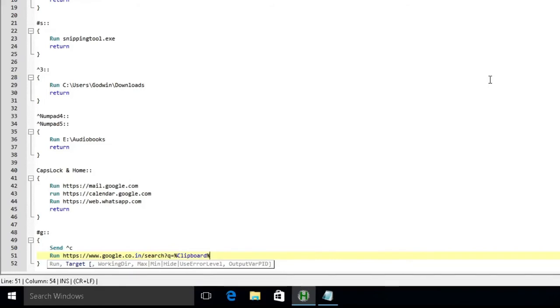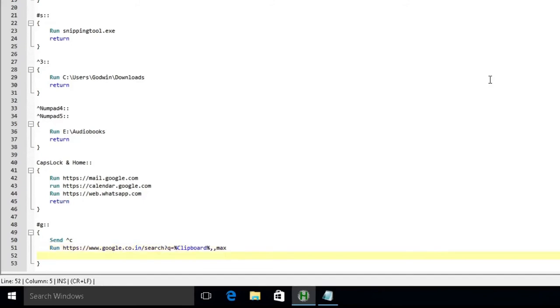The clipboard global variable stores whatever you have copied using the Control C copy command, which we have done in the previous command. So this variable stores whatever you have copied, and it will put it inside the Google search URL, so it searches for you. And after the clipboard variable, which is enclosed by the percentage symbols, we'll put a comma, another comma, and max. The max parameter denotes that this run command will open this website at maximum size. And after that, we'll put the return command,